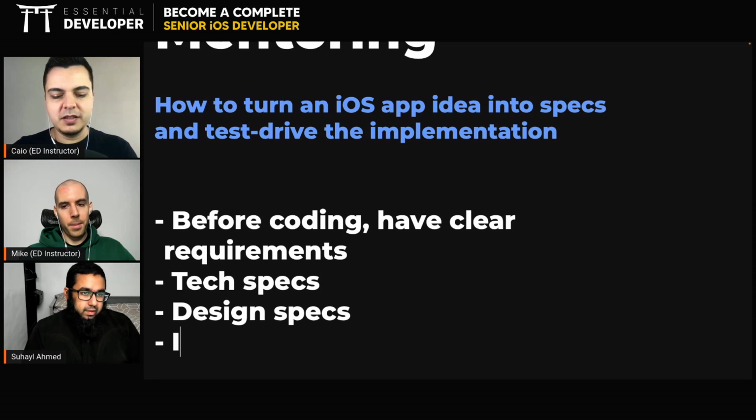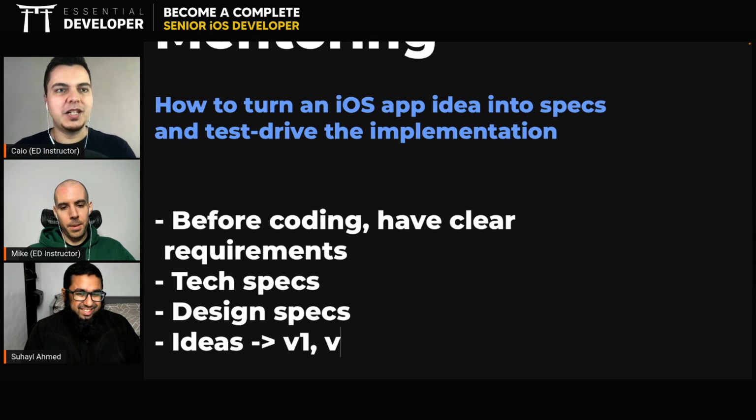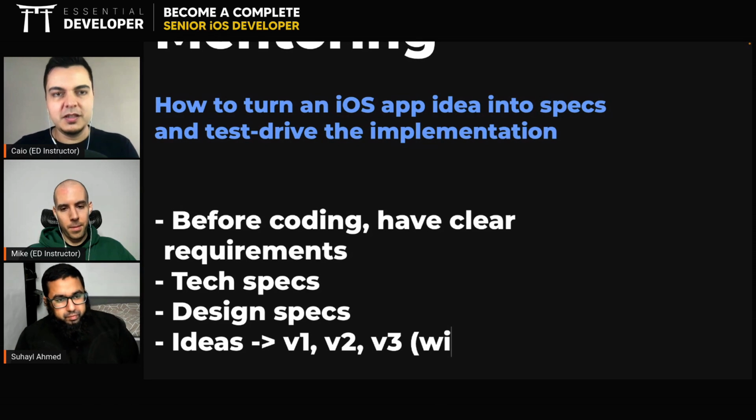Okay. So you have a bunch of ideas and you need to convert them into deliverable chunks of code. You can call it V1, V2, V3, but it must have a set of features you want to implement. And you put it into a scope and say, okay, when all those features are implemented, it's done. I'm going to release. And ideally, this should be very, very small scopes.